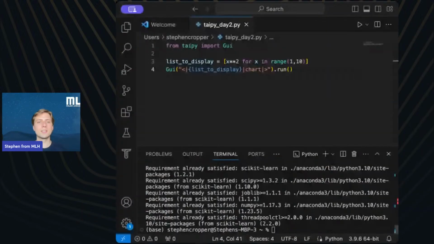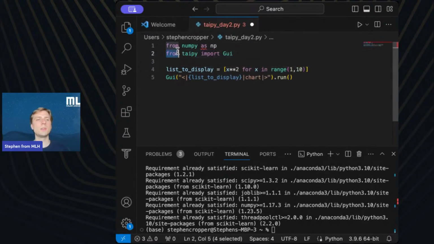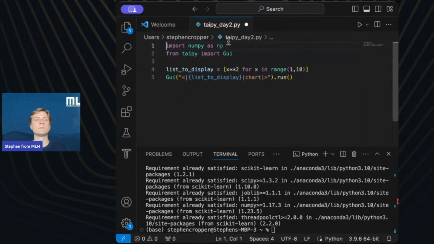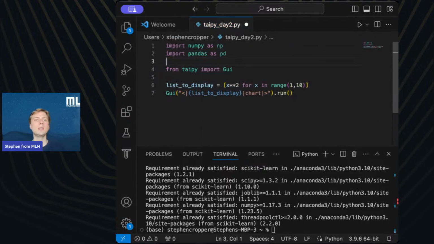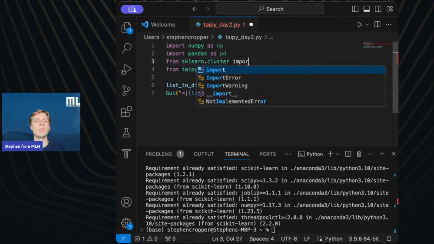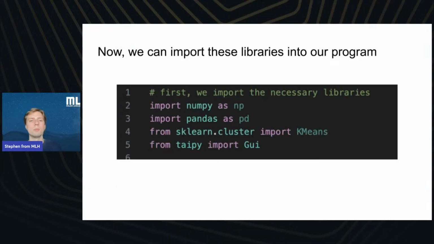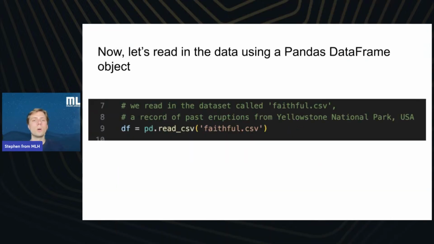All right, let's try this out. So we're going to type import numpy as np, sorry. Type import pandas as pd. I think we said from sklearn, sorry, .cluster import KMeans. Okay, so with all of those written out, we should then have enough for this project. We might need to import some more things from Taipy actually, but we'll get there later. Because we want to focus right now on our machine learning development.